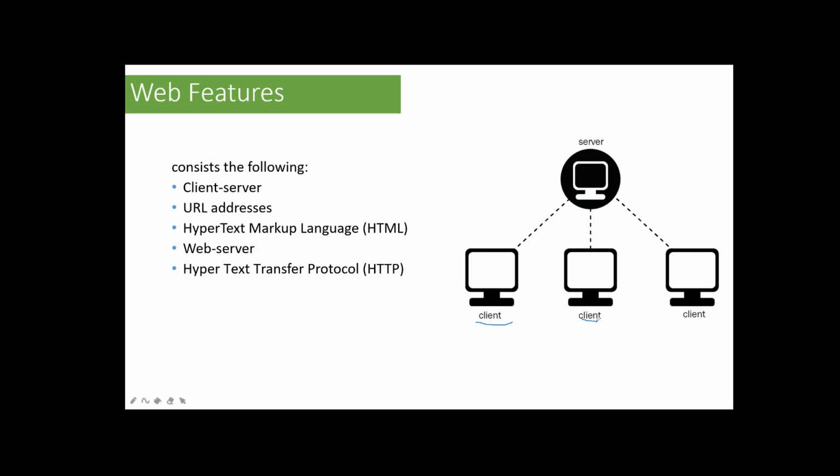So here, in your client device, you may need a URL address where you can input it to access a specific web application on the web server. So your system here and your web server now here